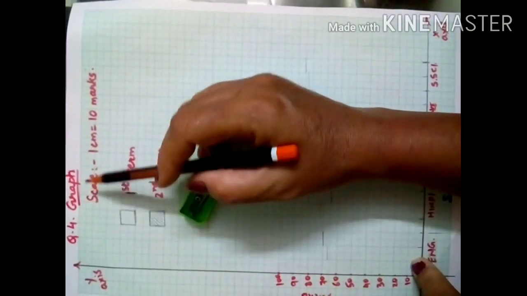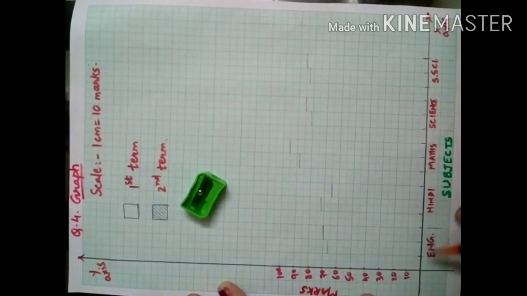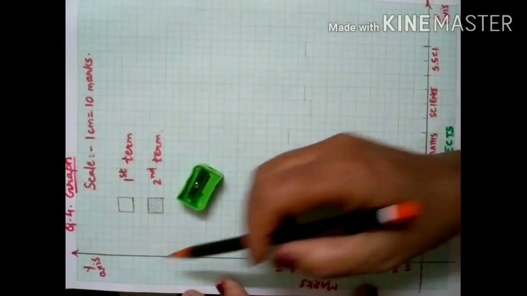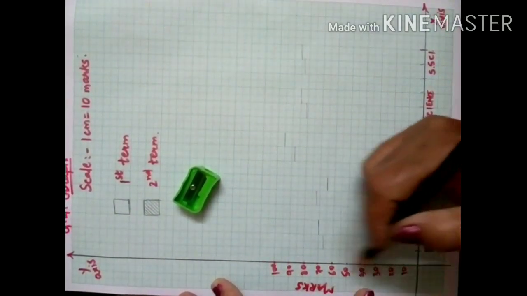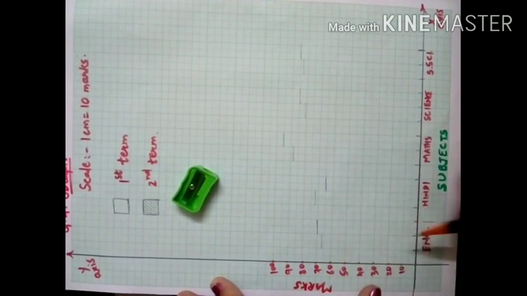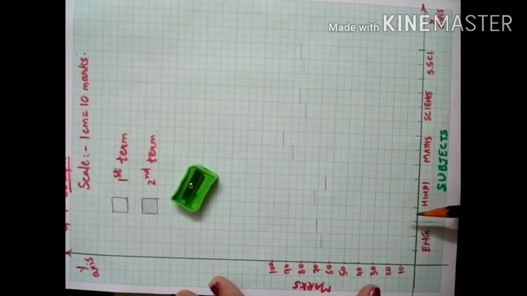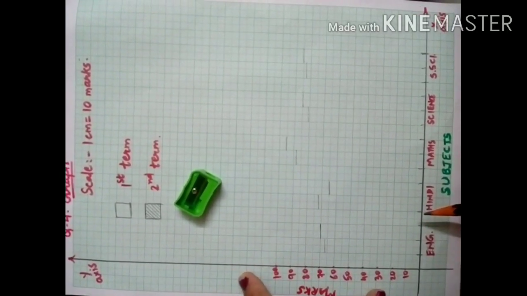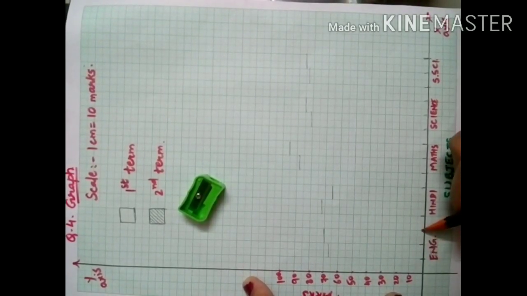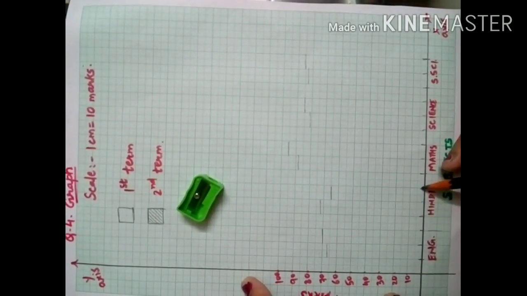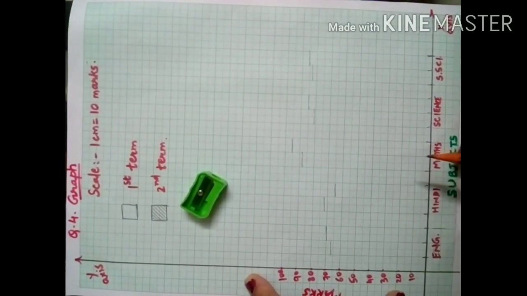Start question number 4, the graph. See, again we will have to draw first the y-axis and x-axis. Give the name y-axis here, x-axis here. Then on the y-axis we will show the marks and on the x-axis we will show the subjects. Now in the question it is given the marks for first term and second term in the respective subjects. So we will take the markings for English, that is first term, second term. For Hindi also first term, second term. Take the markings for each subject, so it will be easy to draw the double bar graph.